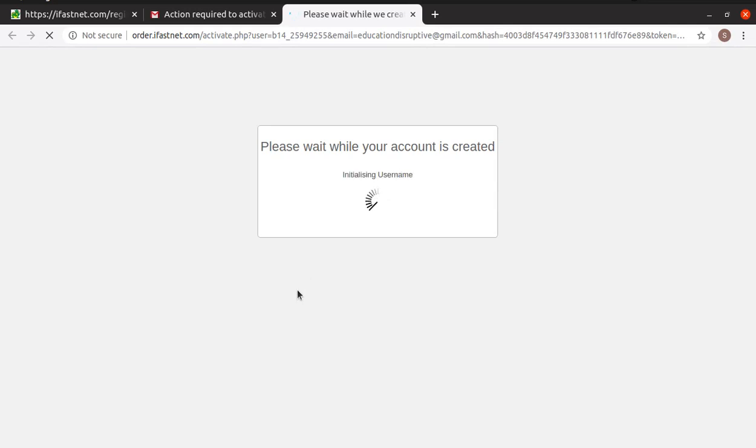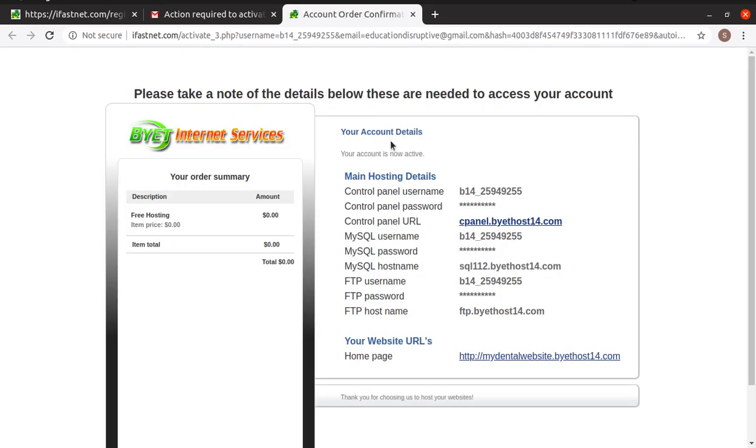It'll create your account, and it'll take a bit of time to set up your account, your username, Apache server, DNS, and cPanel. Once it's done, your account will be created. It'll take a few minutes, so till then, I'll pause my video and I'll come back later. And here you can see finally our account has been created, and this is the URL for your website. If you click on this link,